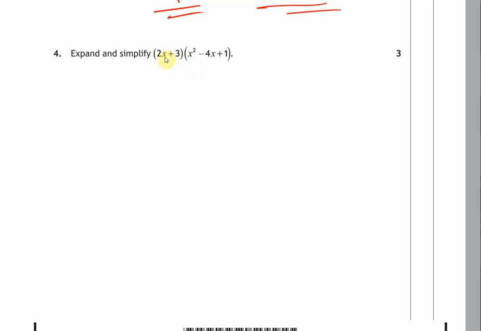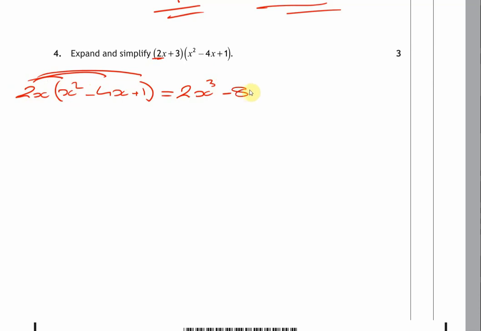So what we'll need to do is take each of these terms individually, multiply it by the bracket with the 3 terms, and then add them all together. So we'll do 2x multiplied by x squared minus 4x plus 1. So we'll just multiply this out as a standard multiplying out the brackets. So 2x times x squared will give us 2x cubed minus 2x times 4x will give us 8x squared plus